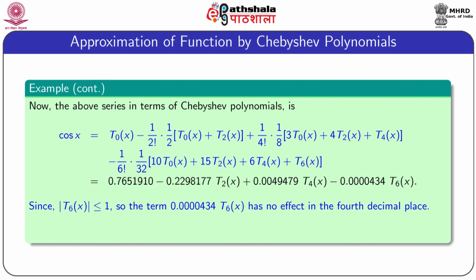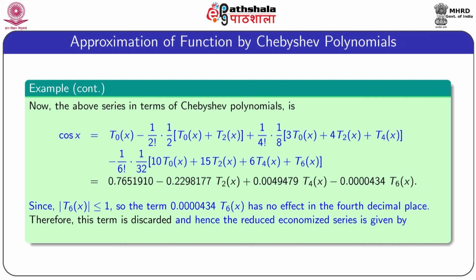Since the absolute value of T6(x) is less than or equal to 1, the last term of the above expression, 0.0000434 into T6(x), has no effect in the fifth decimal place. Therefore, the term is discarded and the reduced economized series is given by cos x equal to